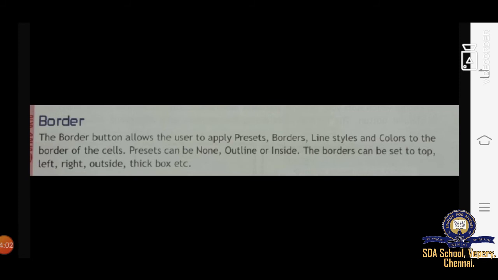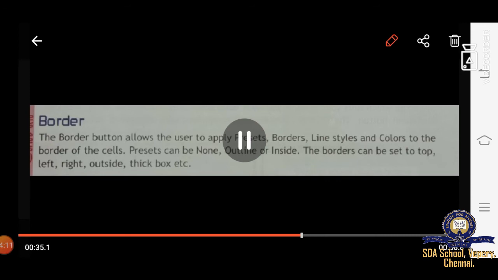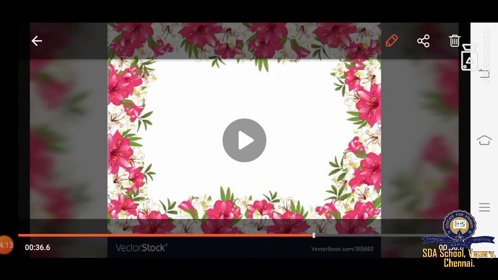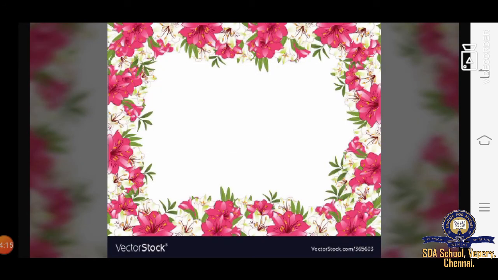Okay, so you are creating a new invitation for them. So you want to give new borders to your friend's invitation, right, to look more attractive. You can see this border. You can use different kinds of borders however you want. You can use flowers, you can use frames, to make a border for your invitations, cards, marriage cards or anything, to make it look more attractive.